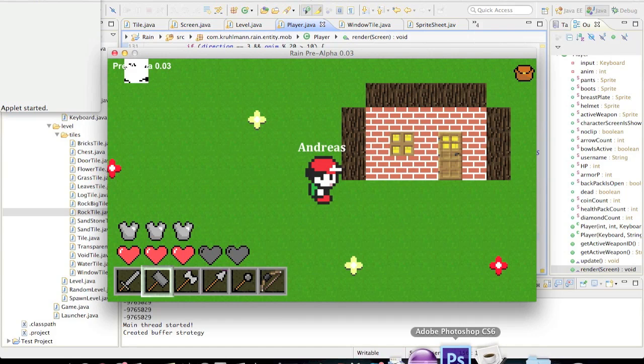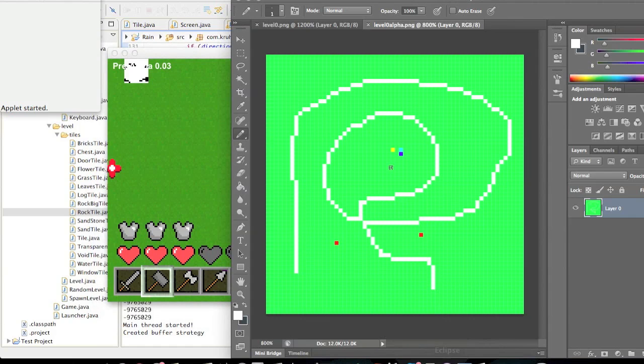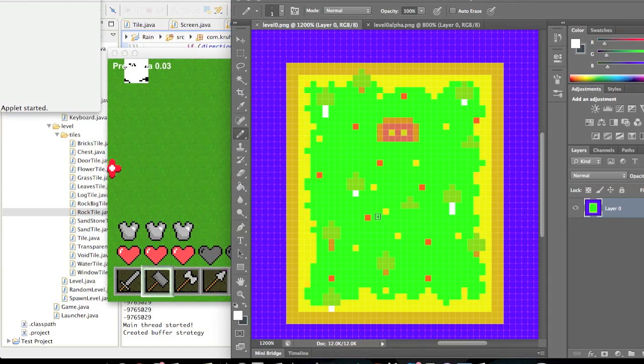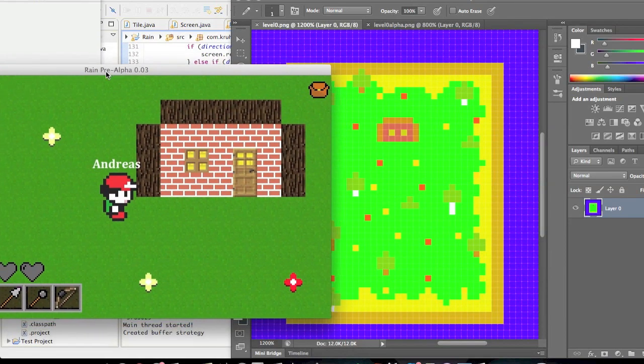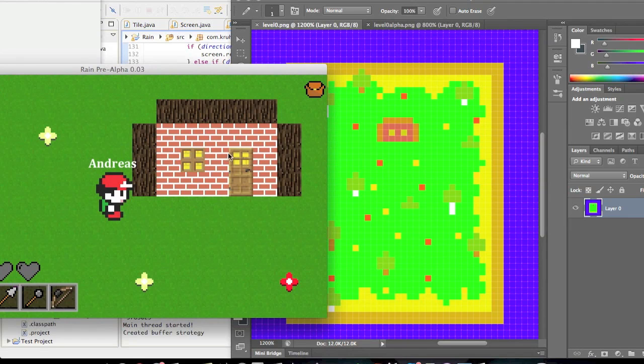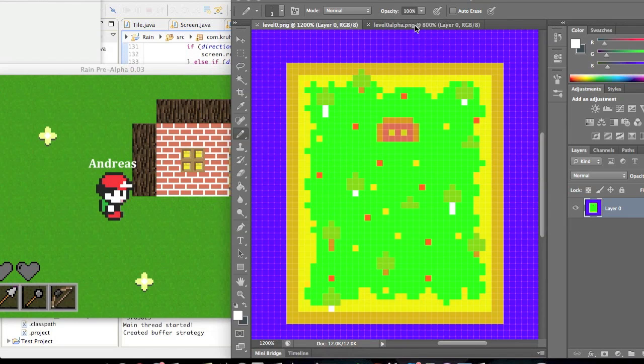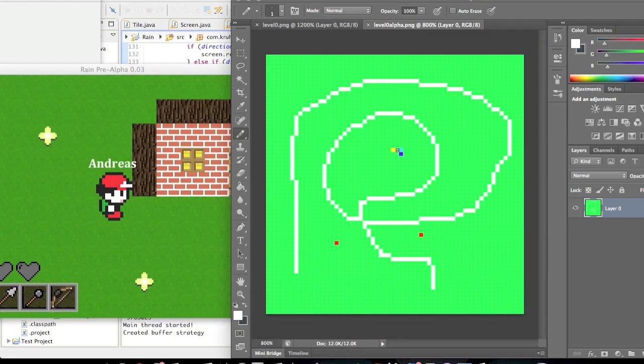What I've done is, let's go into Photoshop. Don't worry about the white, that's just for testing purposes. As you can see here, we have the level, and it's going to load up all the pixels. And here you can see the yellow parts, which is actually sandstone bricks, which is here. And on top of that, we're going to put this: door top, door bottom, window tile, 2 chest tiles. So all the green stuff here,